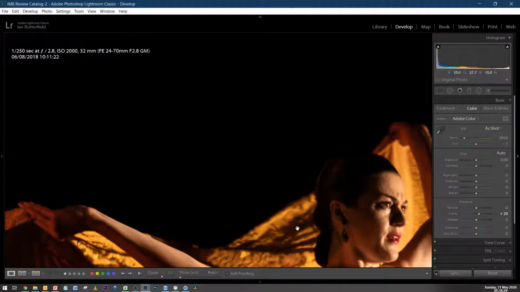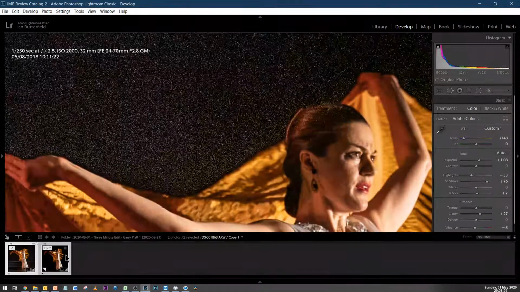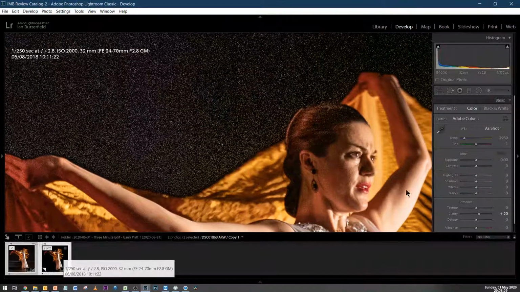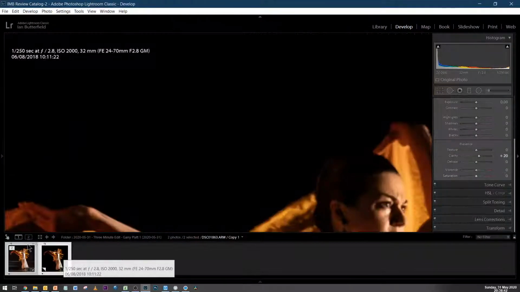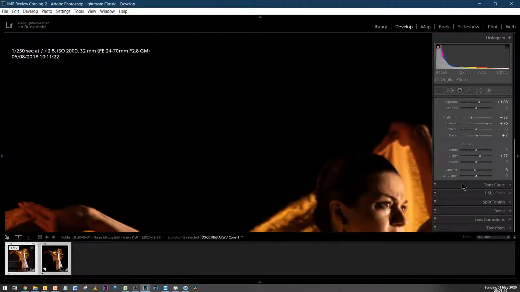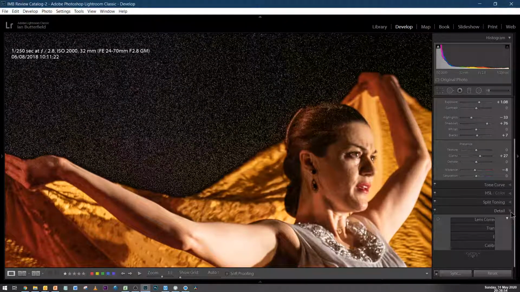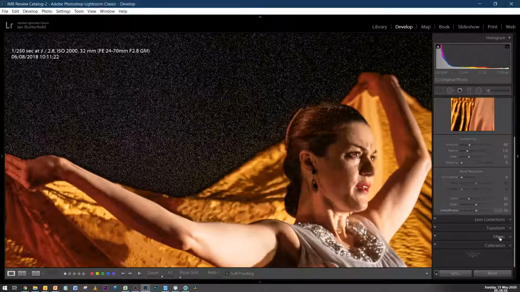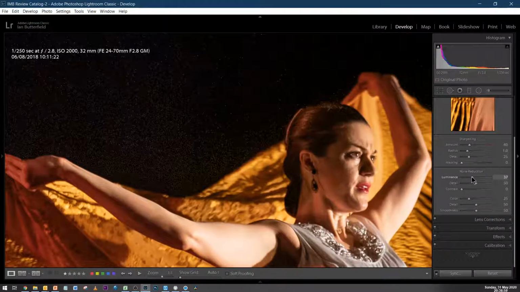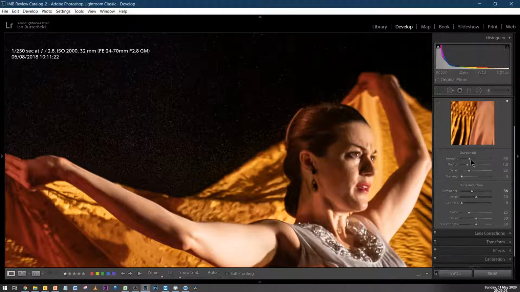Oh no, that's Gary's. So let me go over to my image, which is the other one. Yeah, with those speckled highlights, a little bit of noise reduction. Sorry, that one is mine. A little bit of noise reduction on there. So we bring the luminance noise reduction up,